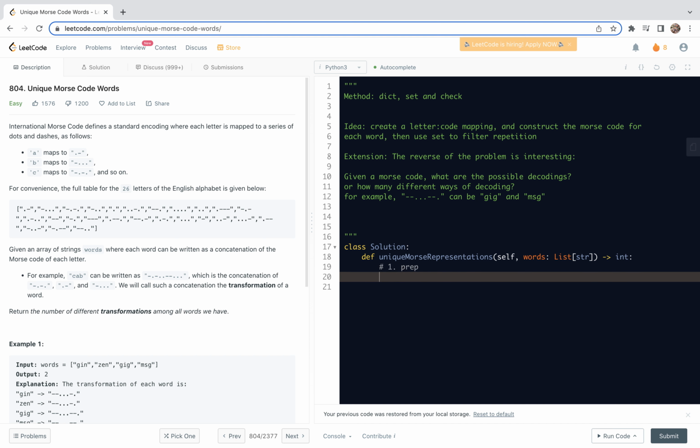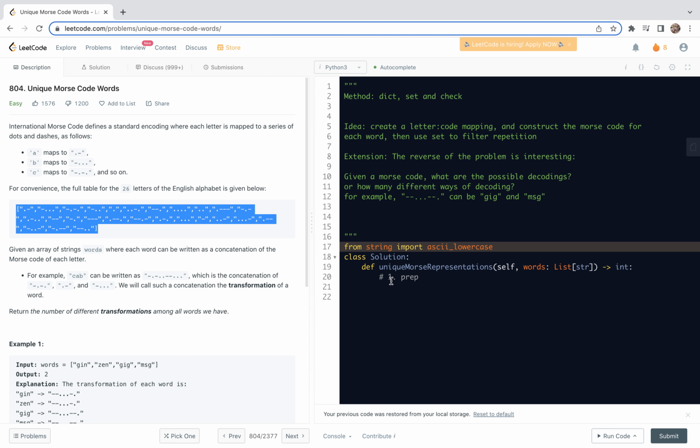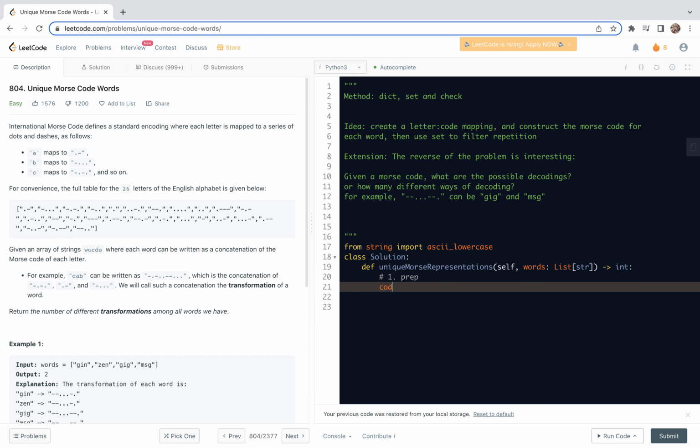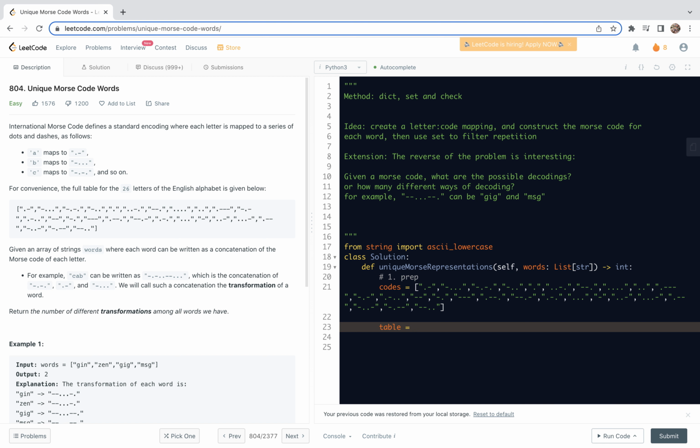So with that said, let's write the code. First, we're going to make the correspondence. So I'm going to write this as step 1, preparation. For this, I'm going to use the 26 lowercase English letters. We're not going to type all of this. So from string, import ascii_lowercase. This ascii_lowercase string is the 26 lowercase English letters. Also we're going to copy this list. I'm going to call this codes,